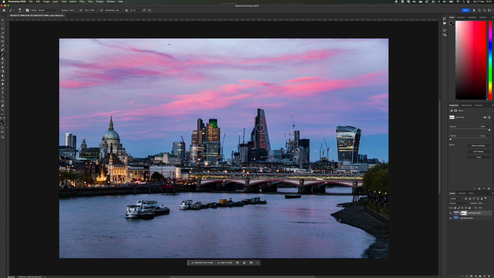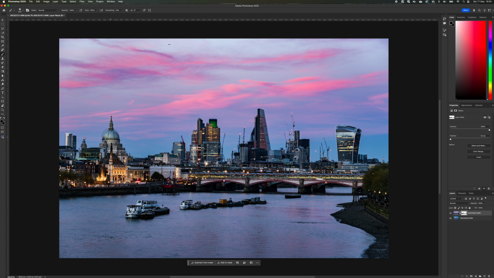As you can see here, I didn't update this one because I got enough building lights coming through, but I also prefer the warmth of the building in the original baseline image. Because if I was just to brush over this now, it cools it down too much, and I feel like it takes away some of that warmth, which is kind of what I want to keep within the shot. So if I just undo that to bring the warmth back,